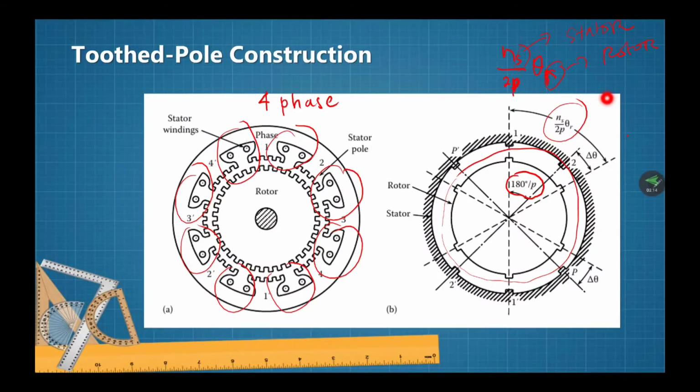This is the stator windings in every pole, and this is the stator pole, stator winding,